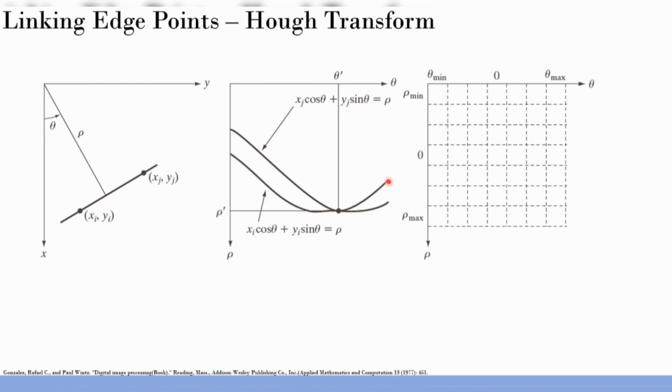which is something like this. Okay. Now I go to the next point, xj, yj, I form again the curve, which is looking like this. Now these two curves crisscross or intersect at this point, and that point is the most common point, and that most common point is nothing but the straight line in your xy space. Same concept. The only difference is this will look more like a sinusoid now because of our parametric model. Okay. So those who are confused, I will again reiterate.